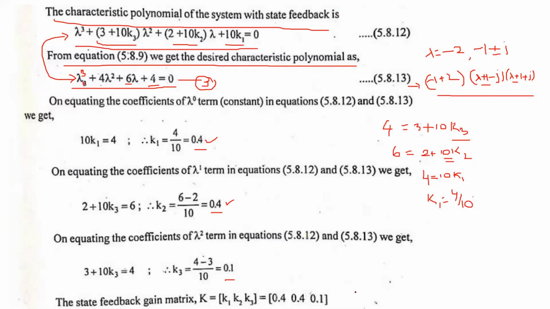Now, what is the feedback gain matrix K? It should be K is equal to K1, K2 and K3. Look at this one. This is the easiest method to find the gain matrix K among the three methods. Generally in an examination, they go for only less than third order systems. So I request everyone, don't go to the first method or the third method. Please prefer the second method to design a state feedback controller.